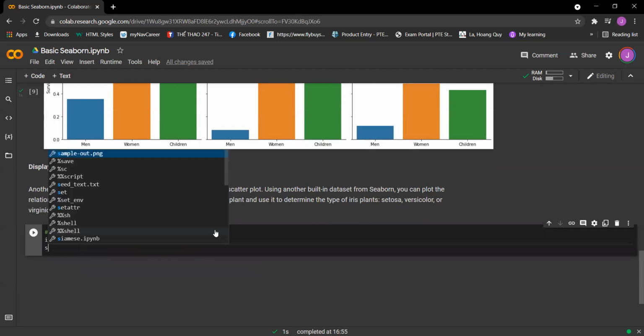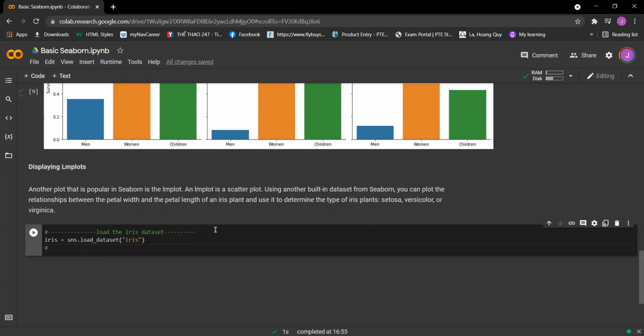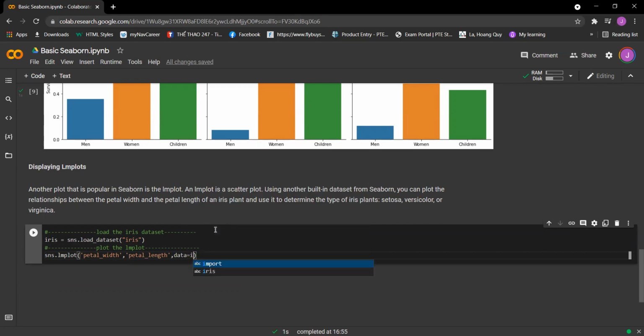So we will plot the lm plot. We got sns.lmplot, petal width, comma, petal length, comma, data equal iris,